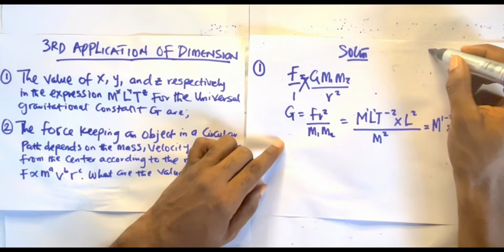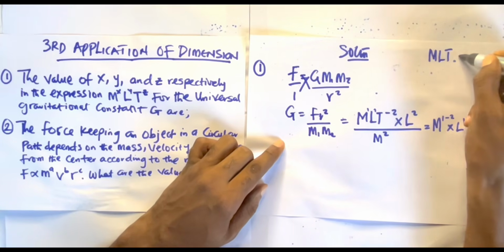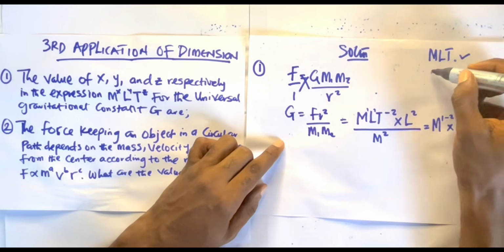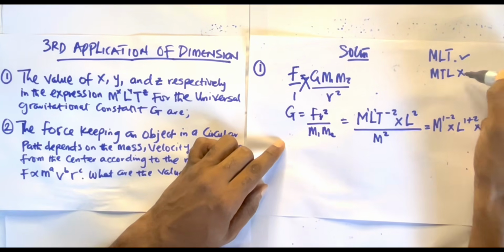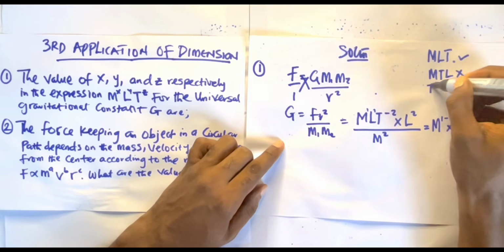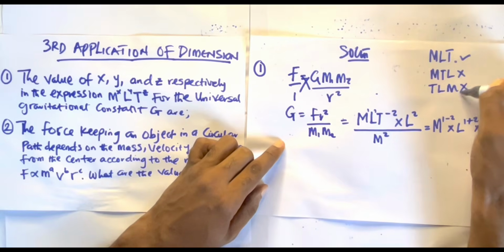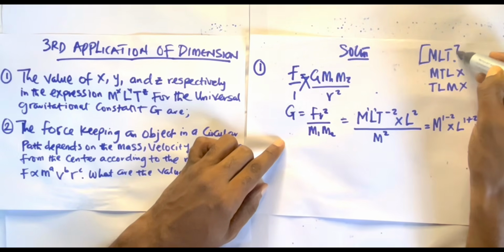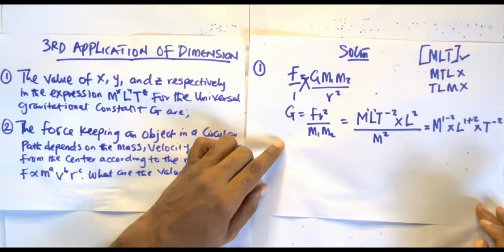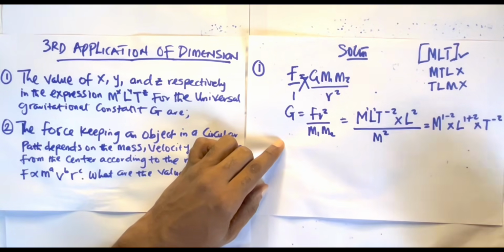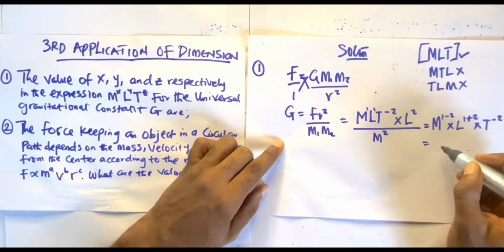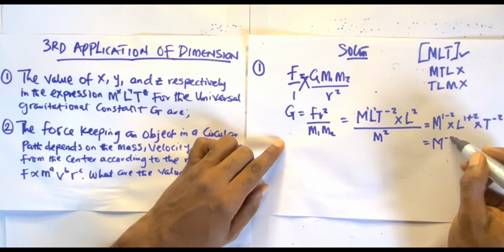You see that we are using this format MLT, which is the right format for dimension. So we can't use anything less than that format. If not, everything we are going to be doing is wrong. So this is the allowed format to use in dimensional analysis, where we have the mass, length, and time accordingly. So therefore, from here, I'll be having M minus 1,